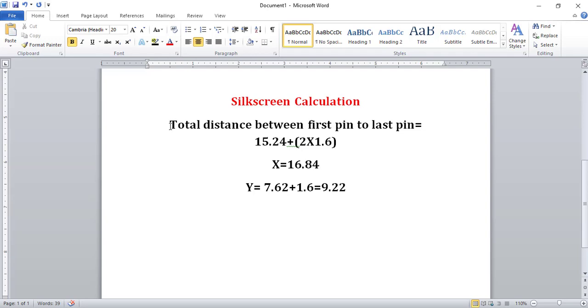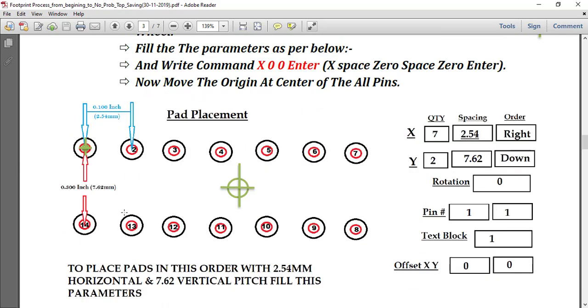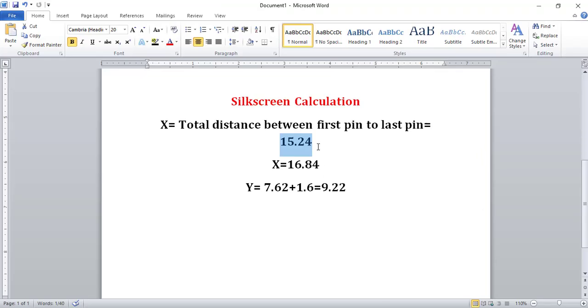So silk screen calculations I will tell them. We have to find the x distance and y distance also. So x equals the total distance between first pin to last pin, that is 15.24. Means which distance am I talking about? I am talking about this pin from here to here, that is 15.24, and plus we have to add 2 pads.